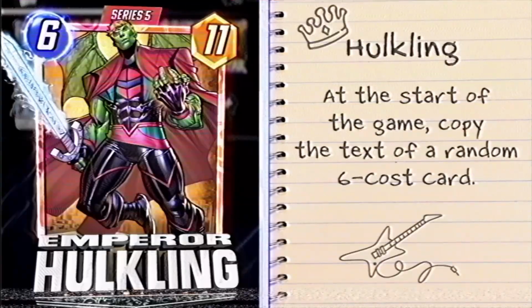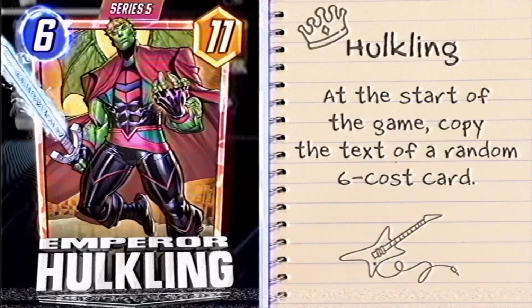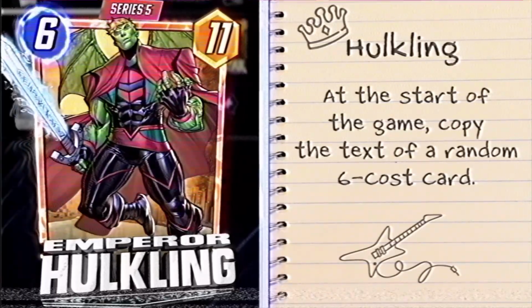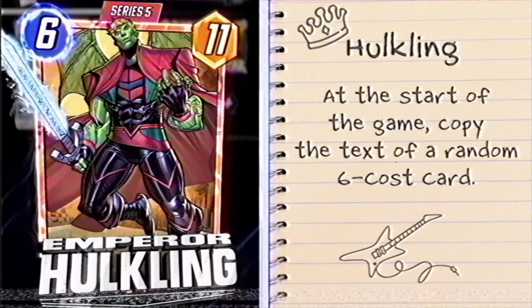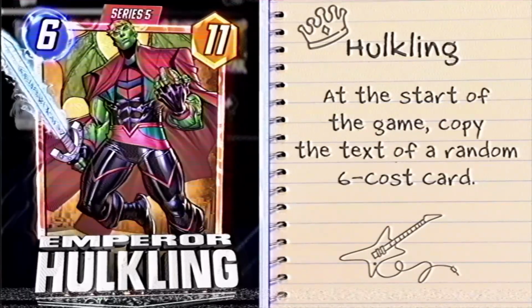And last but not least, we have Emperor Hulkling. Emperor Hulkling is a 6-cost 11 power that reads at the start of the game, copy the text of a random 6-cost card. So there's going to be a lot of variance here. We can draw some similarities a little bit to something like Copycat, where